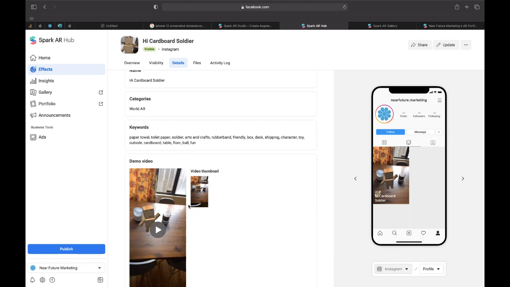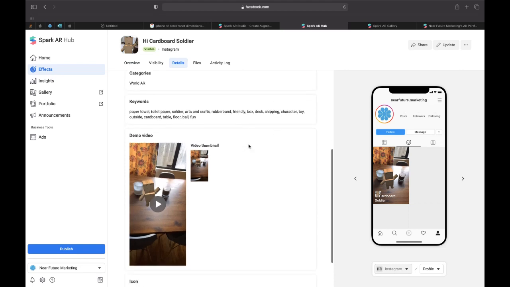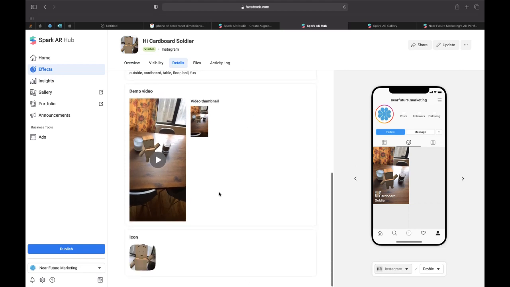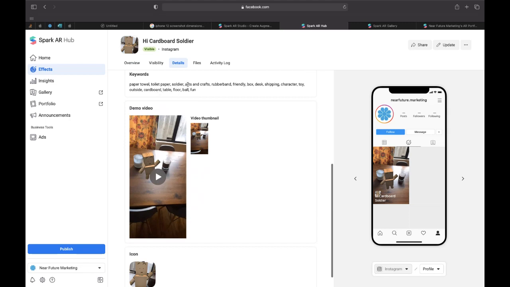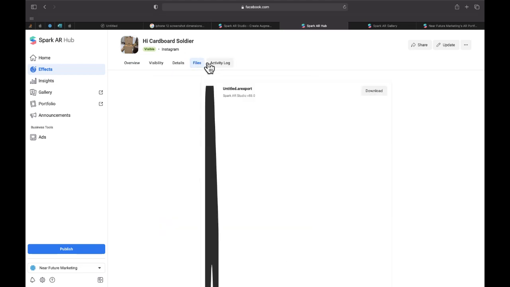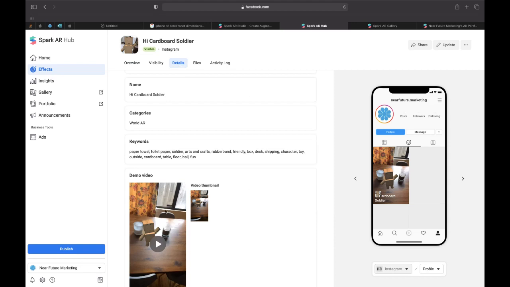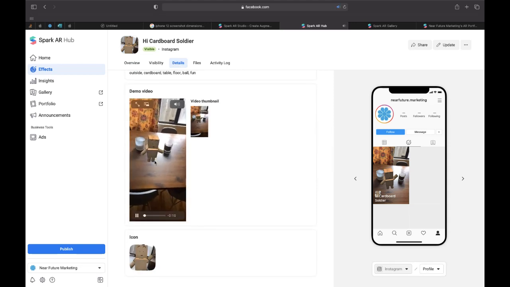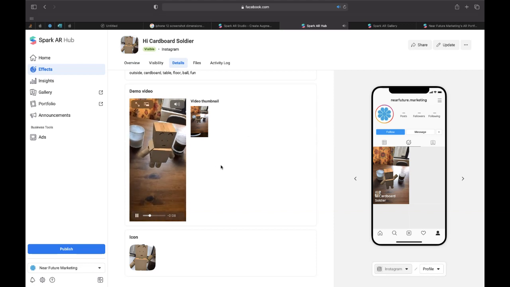If it's something like this where it's just on a desk or just out in the world, they're very, very picky about the category that you pick. So world AR for anything that's not on your face. Same thing as Apple, we have keywords here. You can see I have some random keywords that I think people should find this filter with if they decide to search toilet paper or arts and crafts for whatever reason. Hopefully they'll find my filter. And then you have an icon, which you just upload. And then you also have screenshots, which I guess they don't show you here, but you have to upload a screenshot. And I believe a short video of you or someone using the filter. Oh yeah, here it is, demo video.